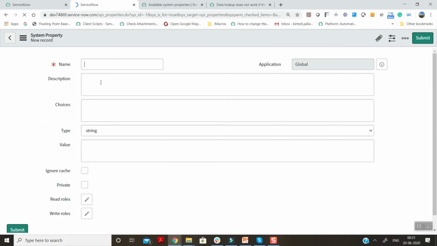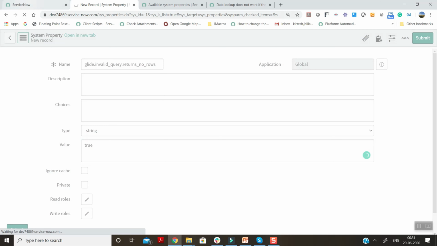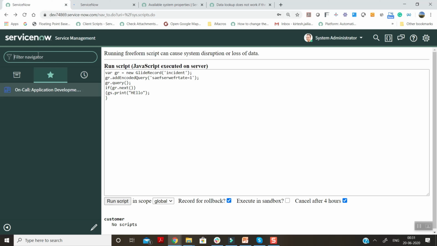This property doesn't come out of the box, so we have to create it, and we put the value as true and save this. As you know, whenever we save any system property, the whole system cache is cleaned up.